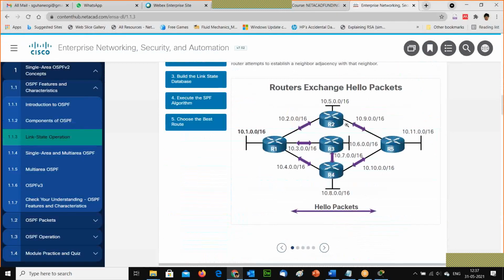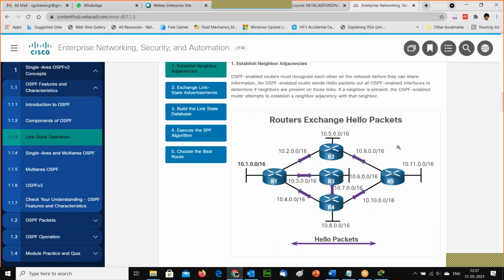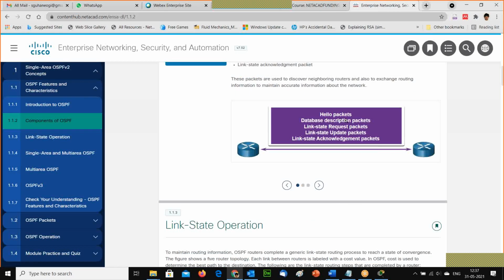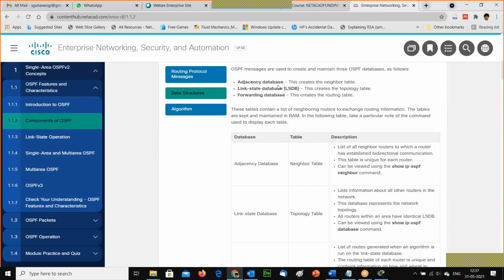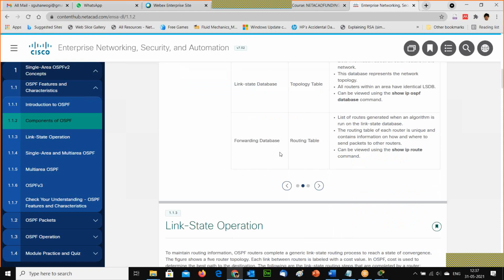In the SPF algorithm process, first everyone is sending the hello packet. Next, the data description packet goes. Then the LSDB, that is the link state database, is formed.